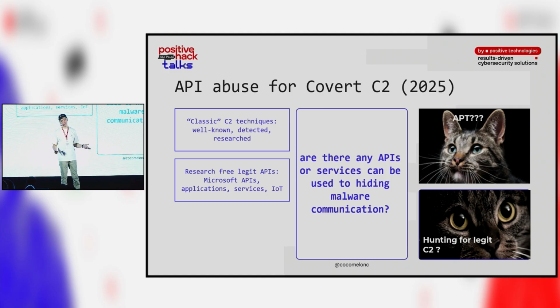First is abuse C2. The classic methods in this case are easily detected, well-known, and easily caught by EDRs, antivirus solutions, and DLP systems. For example, if your system restricts some API connections, you cannot use them for hiding your malware connection, your command and control servers. But what about trying to research different APIs,